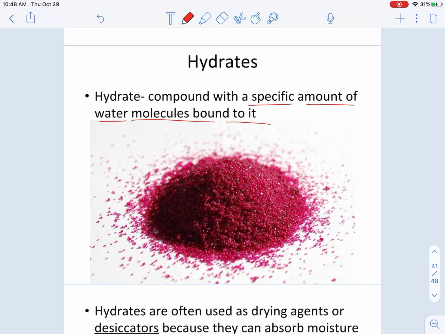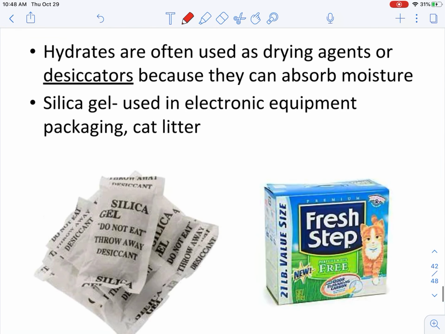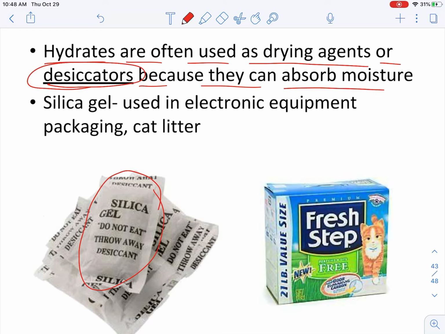So there are certain compounds that can exist with water, or without water. These things are called hydrates. What's the overall purpose and how can you use these things in real life? Well, hydrates are often used as drying agents or desiccators. Desiccators absorb moisture. Like these little silica gels that you find in